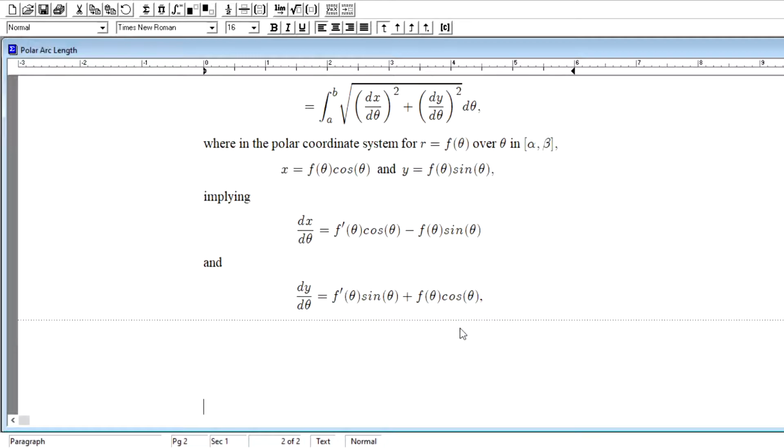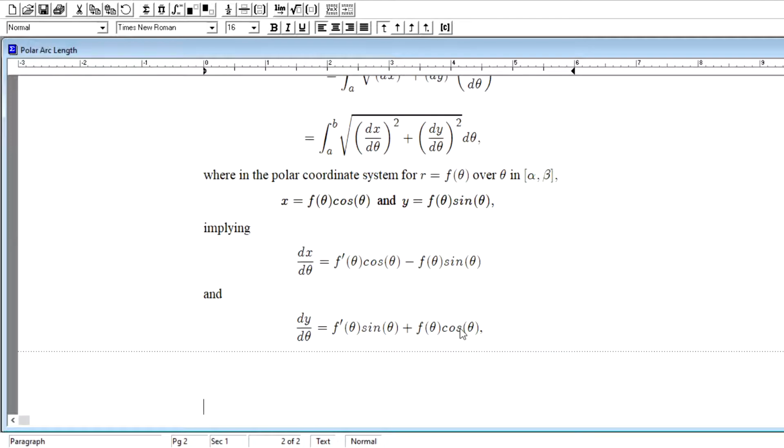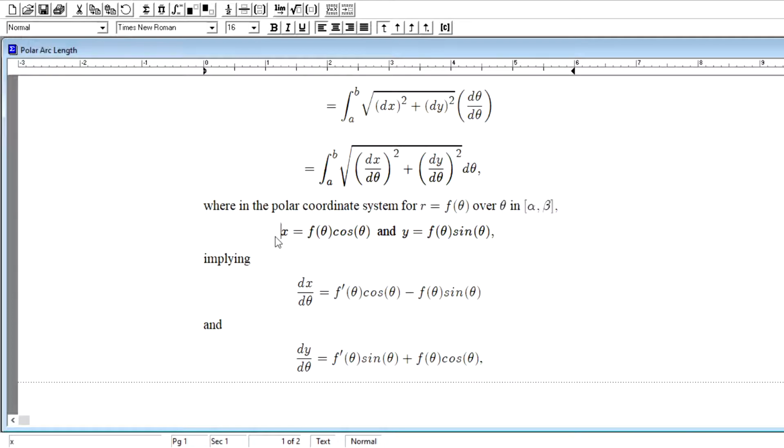In the polar coordinate system, for values of r equal to f of theta over theta in the interval from alpha to beta, we know x equals f of theta cosine theta, and y equals f of theta sine theta, when parameterized in terms of theta, implying that when we think of their first derivatives, dx d theta and dy d theta, we have these results that we encountered back in our calculation for the slope of the tangent